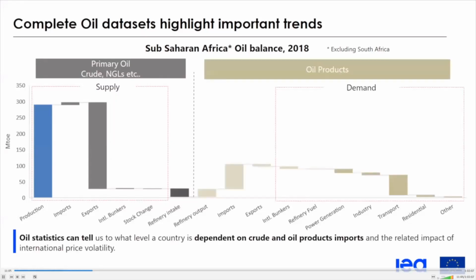So this high level of exports that I told you about shows the lack of refining capacity. And then if we have a look at the oil products, we can see that the countries are mostly dependent on imports of secondary oil products to meet the demand of the population, mostly for transportation here. As I told you, the refining capacity does not cover the regional demand, hence the reliance on imports that we can immediately see in our statistics.